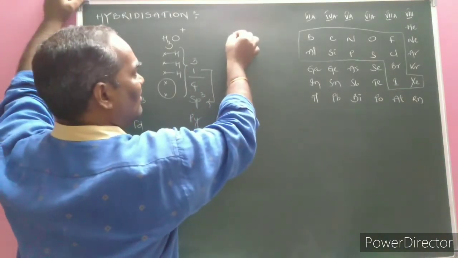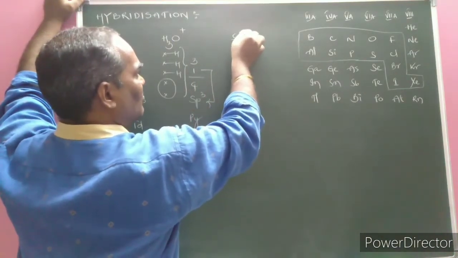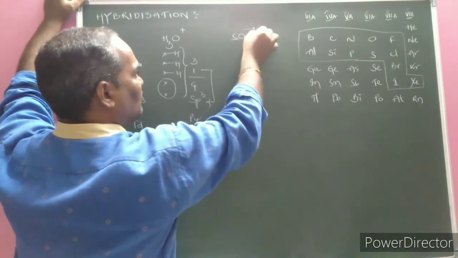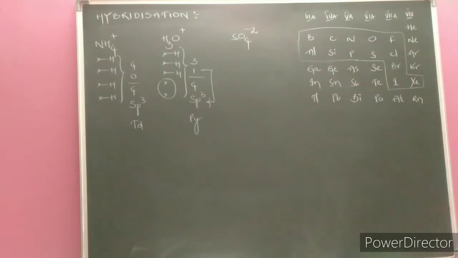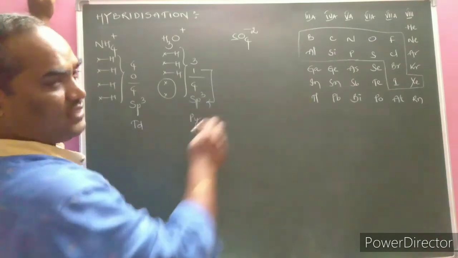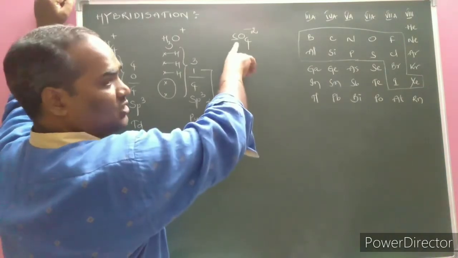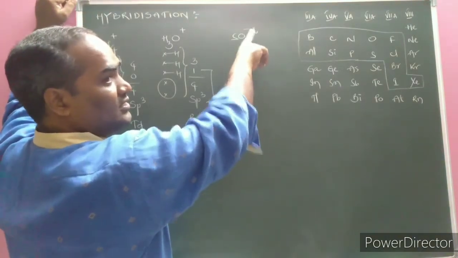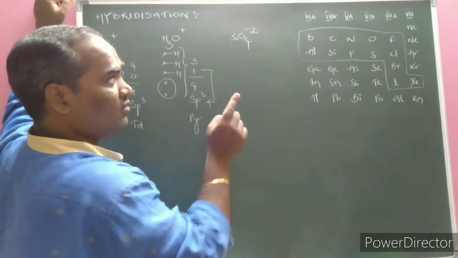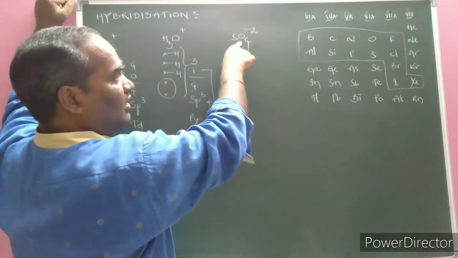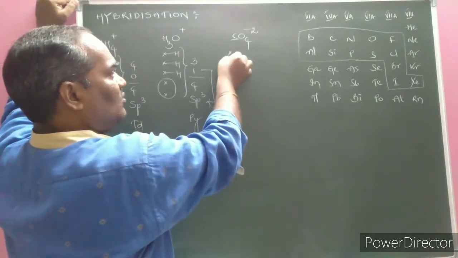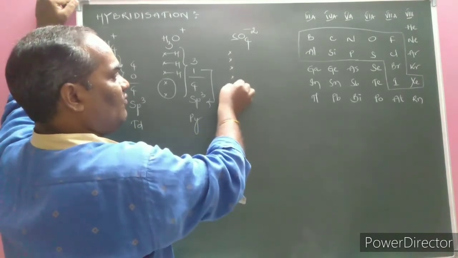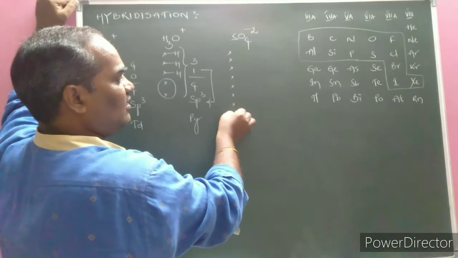What about anionic species? For example, the sulfate ion, SO4 2-. The central atom in the sulfate ion is a sulfur atom, which belongs to group number 6. How many electrons are gained? The negative charge means 2 electrons. The total is 8. Are 8 sufficient for the 4 oxygen atoms? Yes. 1, 2, 3, 4, 5, 6, 7, 8.